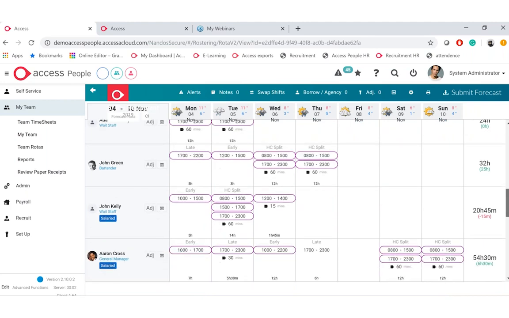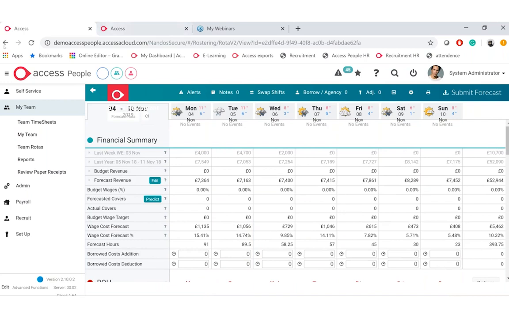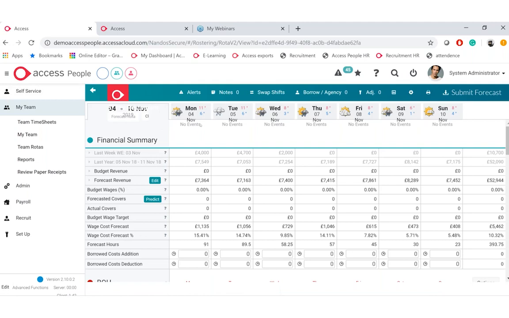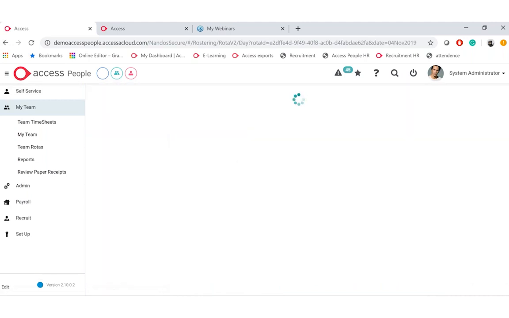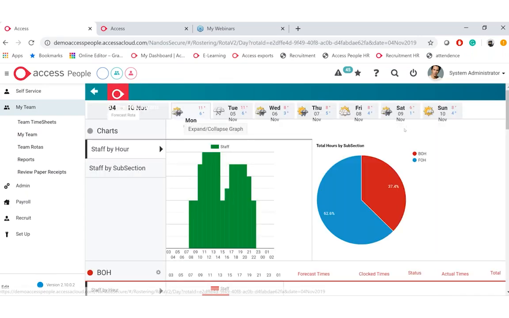You can have multiple rotas. Now, what we also have in this functionality is the ability to swap shifts as well. This will allow employees to either request through their manager to swap a shift. It will just be a simple swap shift function, or they can also do it on their mobile phone as well. So it's very easy to pick this up and use that function.